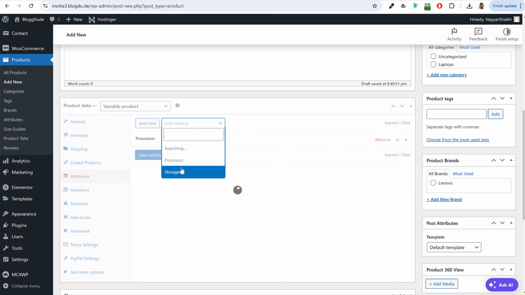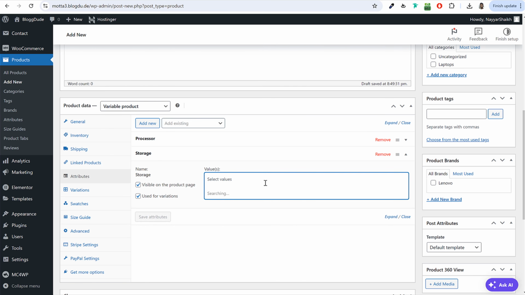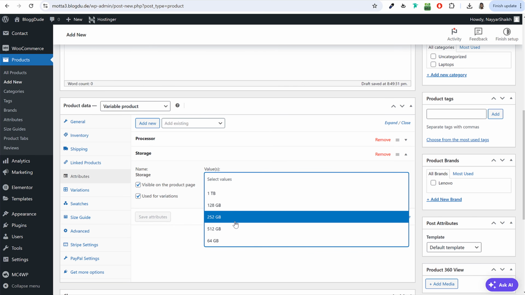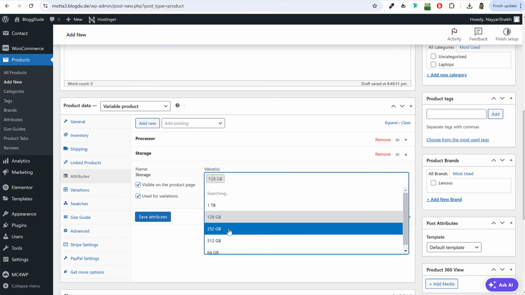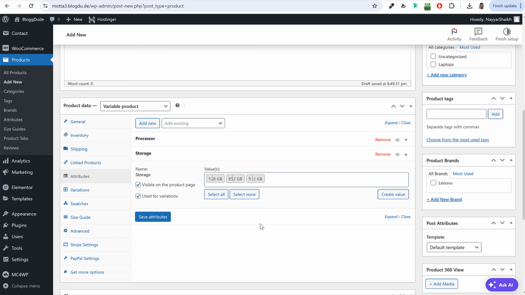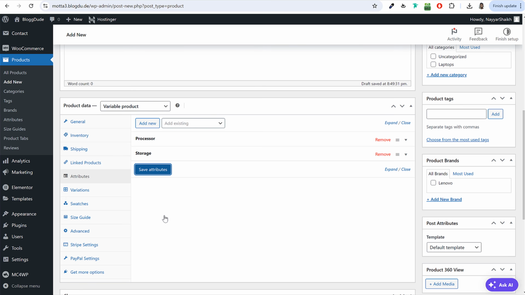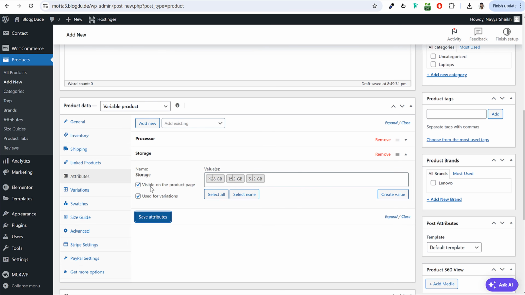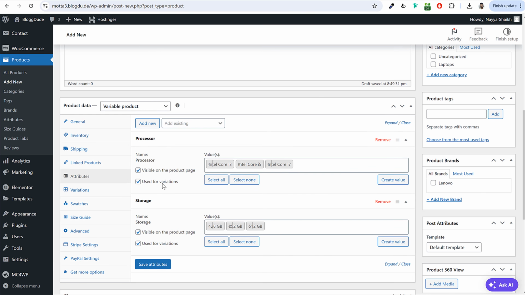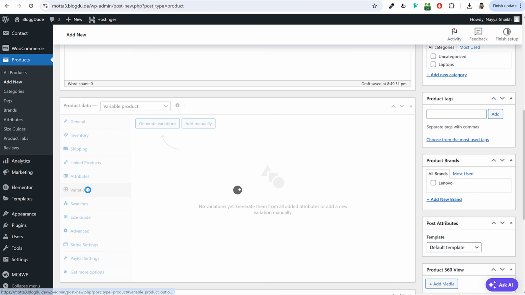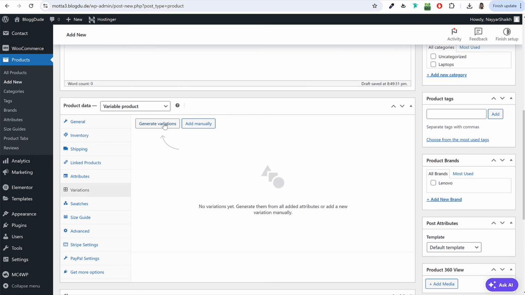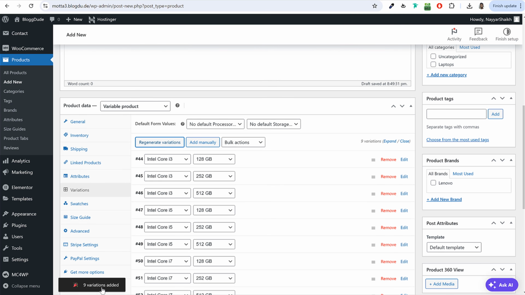Now let me add a storage option as well. So I'll select storage. And this is available maybe in 128, 256 and 512. Okay, click on save attributes. And also make sure these two options are tick marked, visible on product page and used for variation. Now click on variations at the left hand side and click on generate variations. Click on OK. Now this will generate 9 variations for you